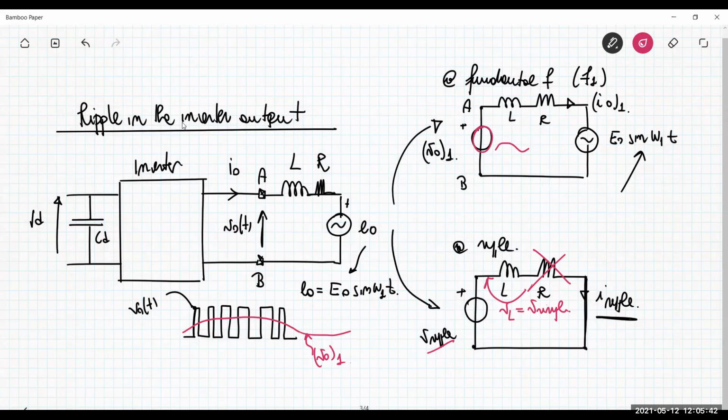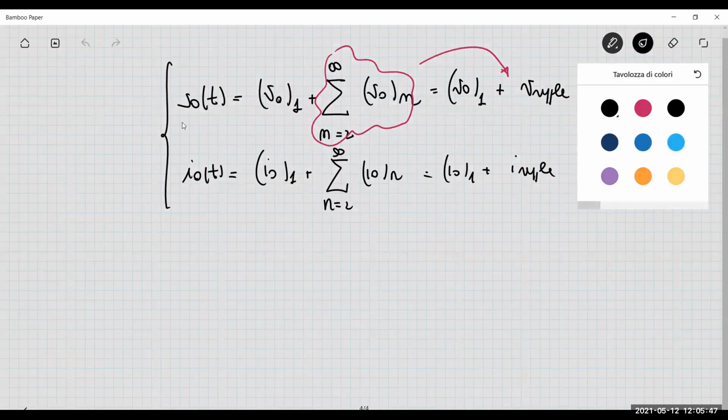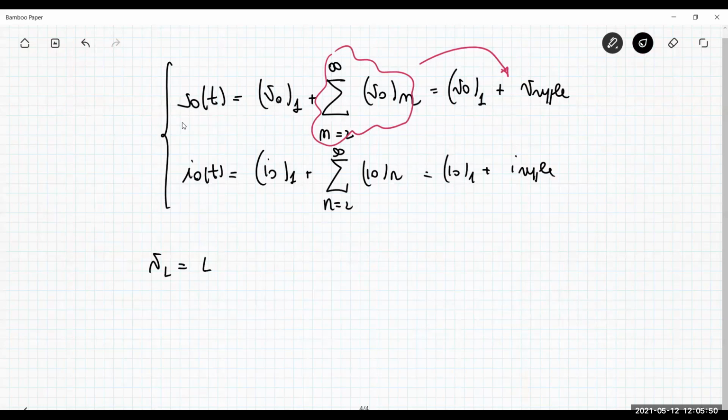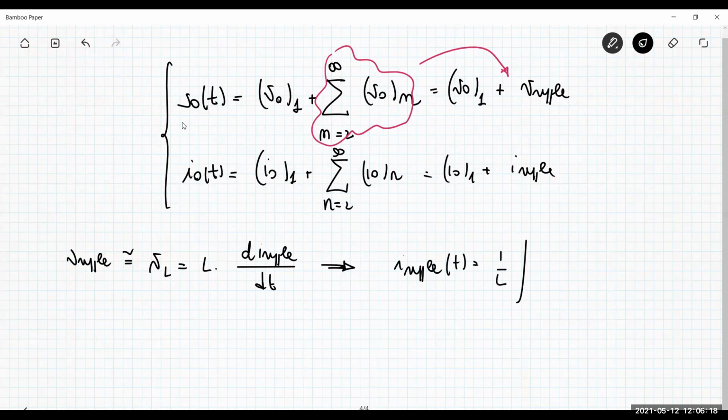And VL is L times the derivative of the ripple current, di_ripple over dt, which is the characteristic of any inductance. Since VL is exactly V ripple, as we did before, I ripple is 1 over L times the integral of the voltage